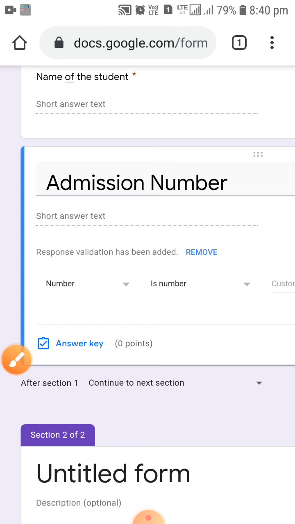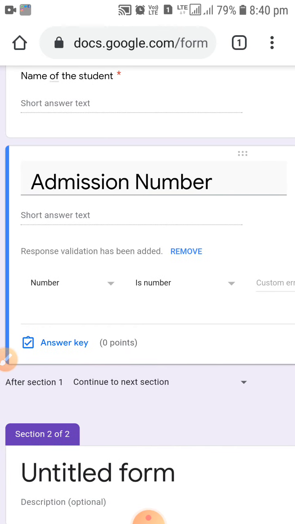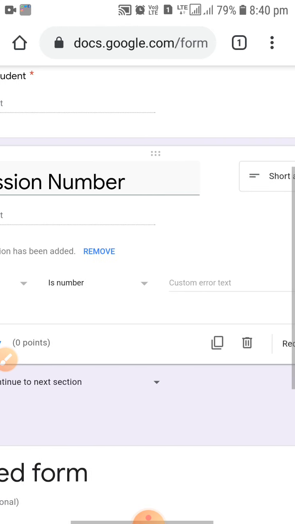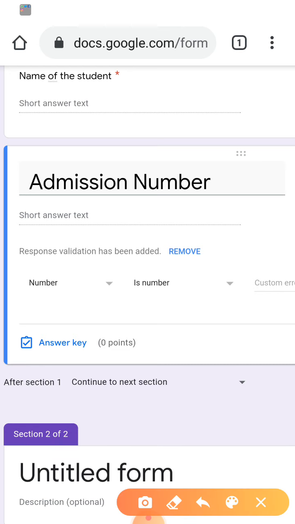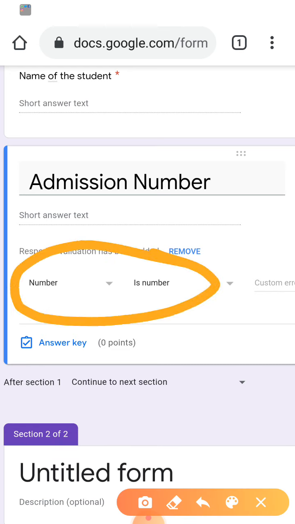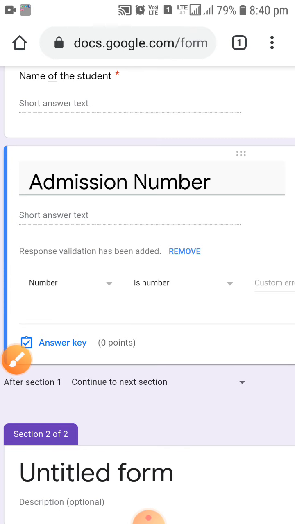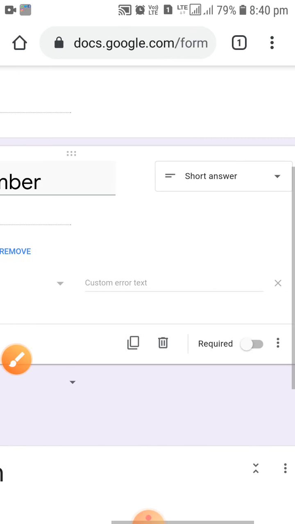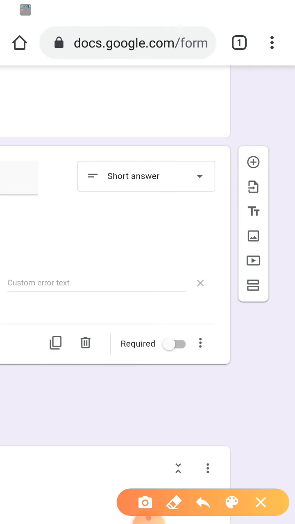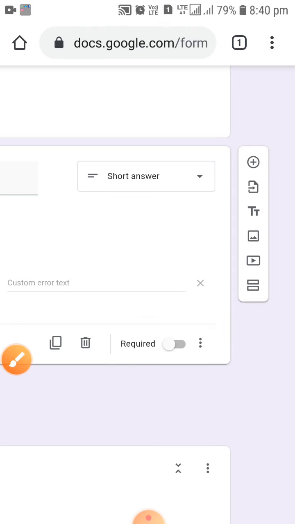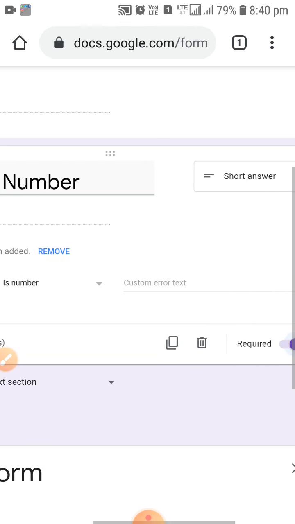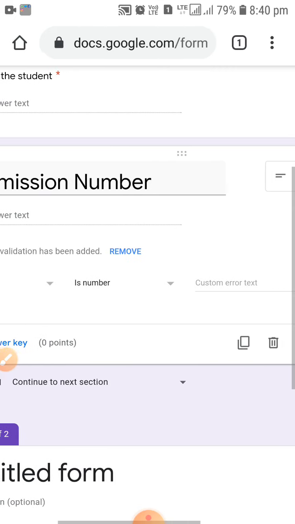Admission number. You can see over here, if they write their name in the admission number, it will not be accepted, because there is a validation rule over here. You can see these are the rules, that the admission number should be in numbers only. So it is quite right, my dear friends, and if you want students to write this admission number, then you will have to click on this required option also, because it will make it mandatory for all of them. Then I'm clicking on required also. Okay, so now the students will have to write the admission number as well as the name.